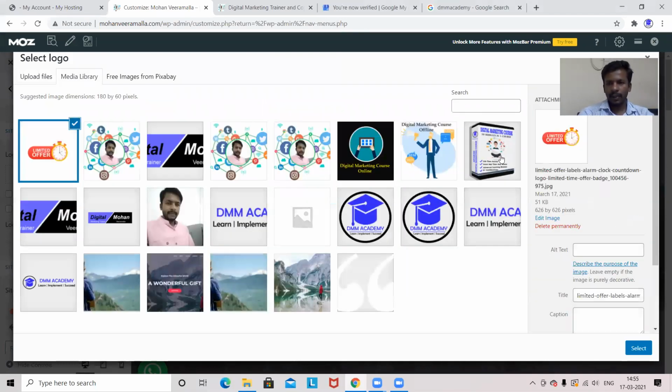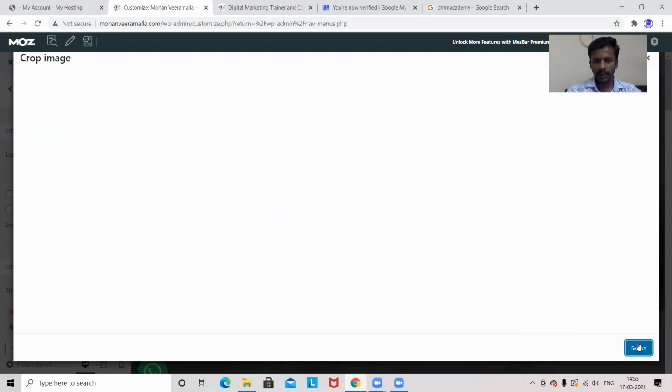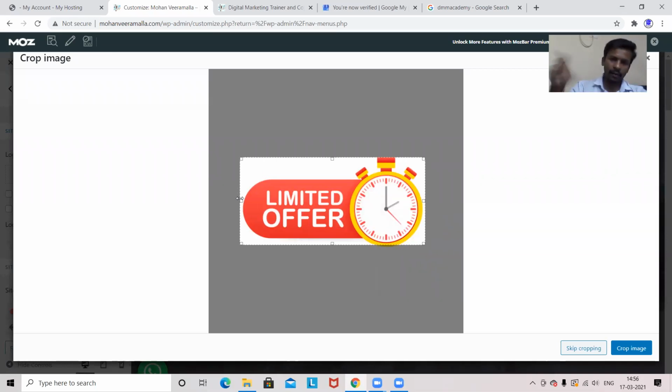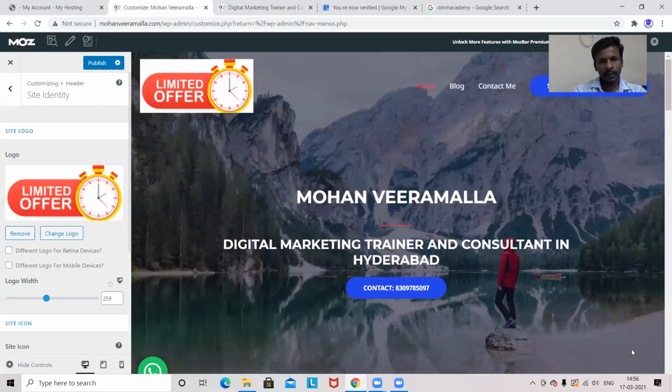When you upload this logo, it should also show on the right-hand side as a snapshot. Select. So here you have to do the exact cropping. The better you crop, the better size you get. Why? Because I have not selected any size. By default, I have selected an image. This may be a bigger one, more than 180 or 60. So I'm just cropping nearby. Just crop this image. See, this image we got here in the logo section. Is it clear, Rahul?